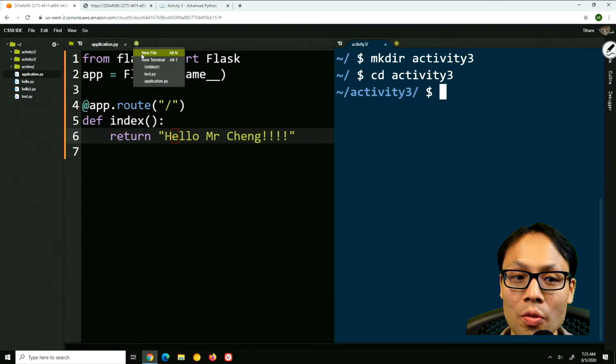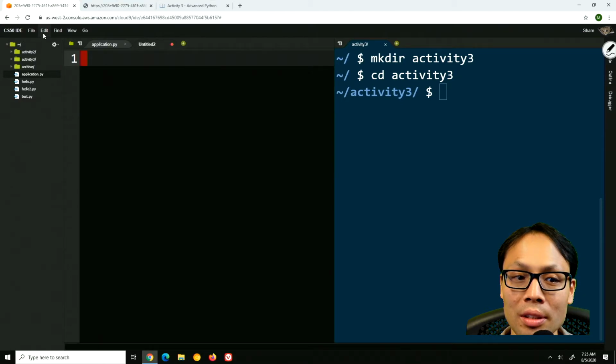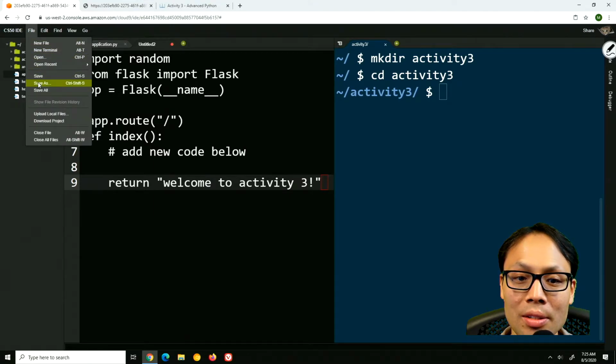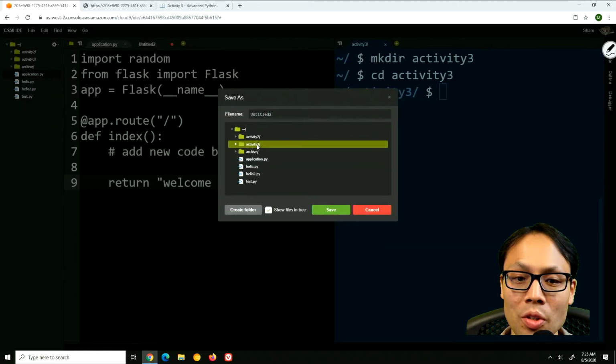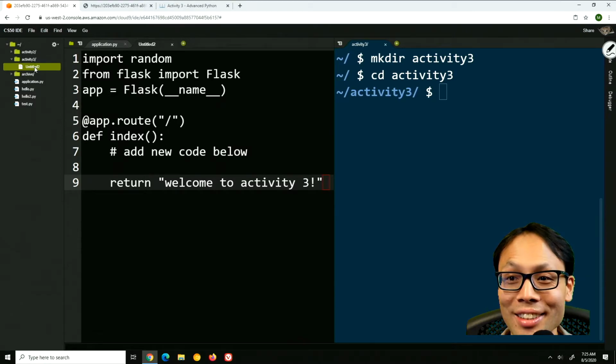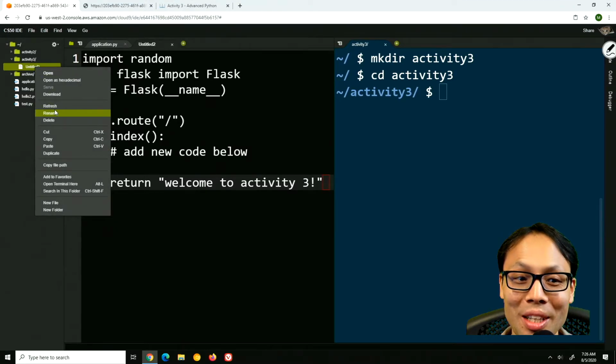Click on new file, like this, and then go ahead and paste that code there. Now after you've pasted that code there, go ahead and click on File, Save As. Make sure you tap into the Activity 3 directory. I actually tapped too fast, so it did this, but that's okay. I'm just going to rename this file here